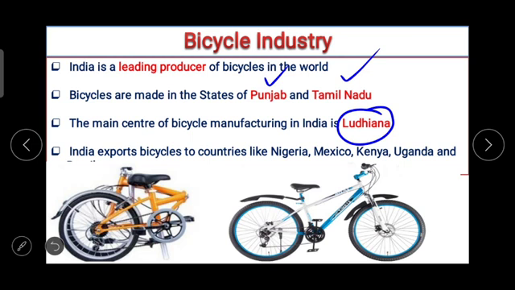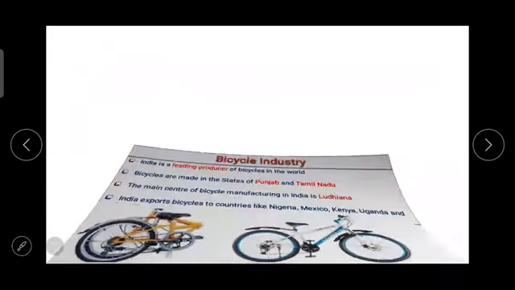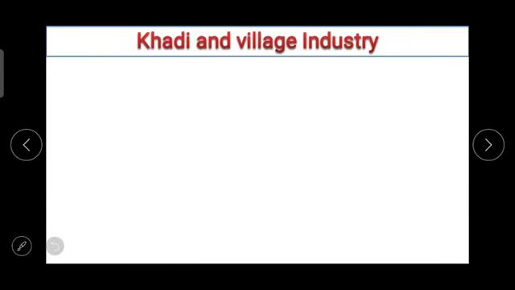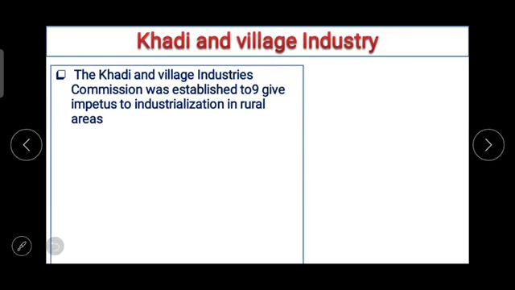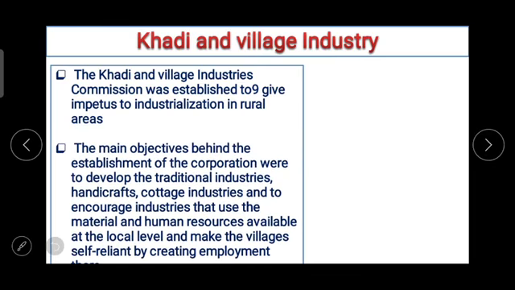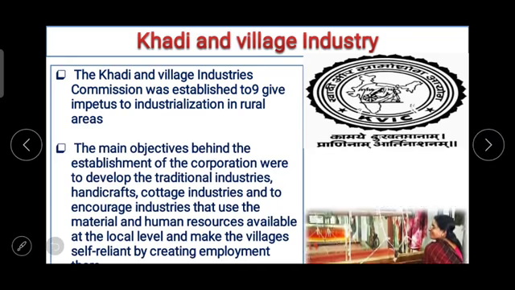हर घर में एक ना एक बाइसिकल होती ही होती है हमारे यहाँ पे, और आजकल तो उसमें बहुत एडवांस्ड बाइसिकल्स भी आ रही है, जैसे बाइसिकल विद गियर एंड इलेक्ट्रिक बाइसिकल्स आर आल्सो देयर. And the most important thing about the bicycle is that using bicycle is very eco-friendly because we don't need petrol or any other thing for that. Next one, Khadi and village industry.